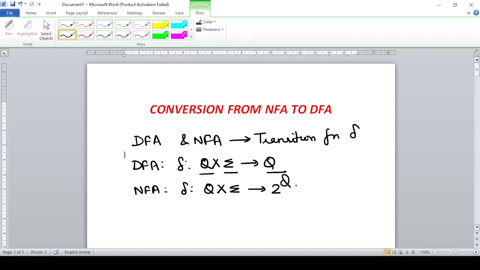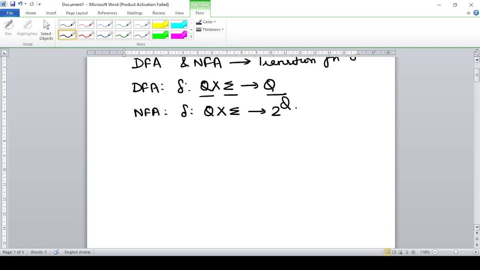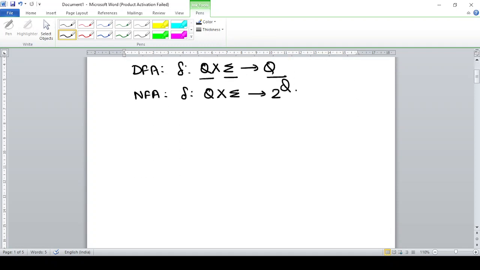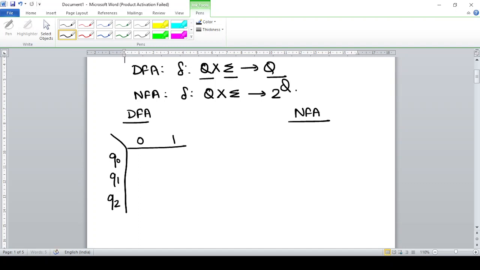We are already done with the representation of DFA and NFA. I will just show you a simple example, in the form of a transition table, of how you represent a DFA and how you represent an NFA. Don't worry about how the transitions are coming, it's just a basic example. Suppose the input symbols are 0 and 1 and you have three states Q0, Q1 and Q2. Q0 is the initial state, let Q2 be the final state, so I draw a circle over here.